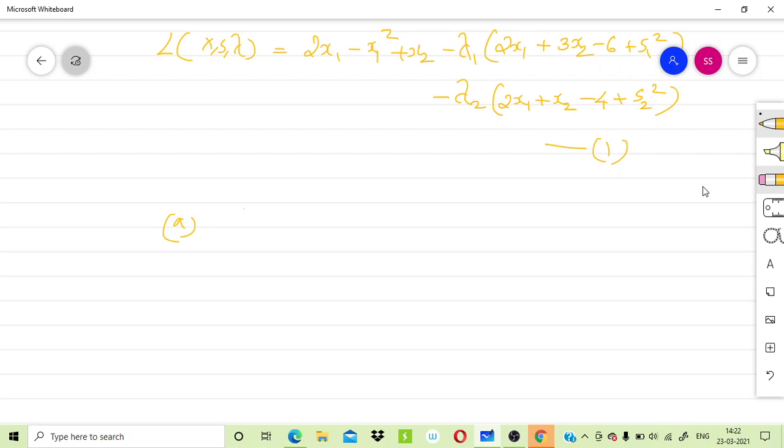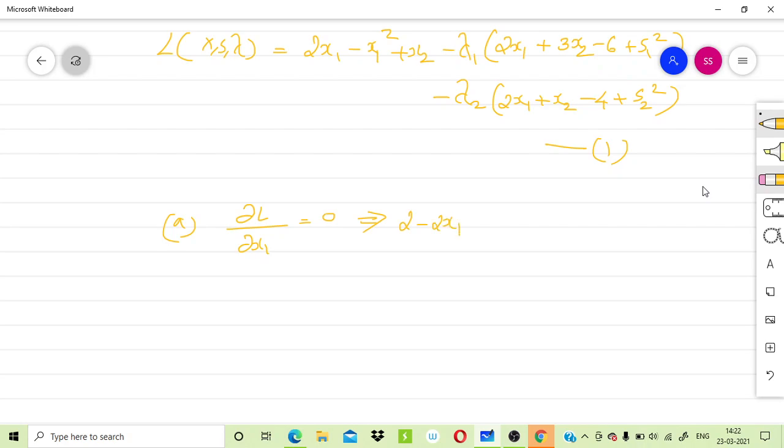First of all, we have two decision variables x1 and x2, so we take the partial derivative dou L by dou x1 equal to 0 first. With respect to x1, if you differentiate, you will get 2 minus 2x1,